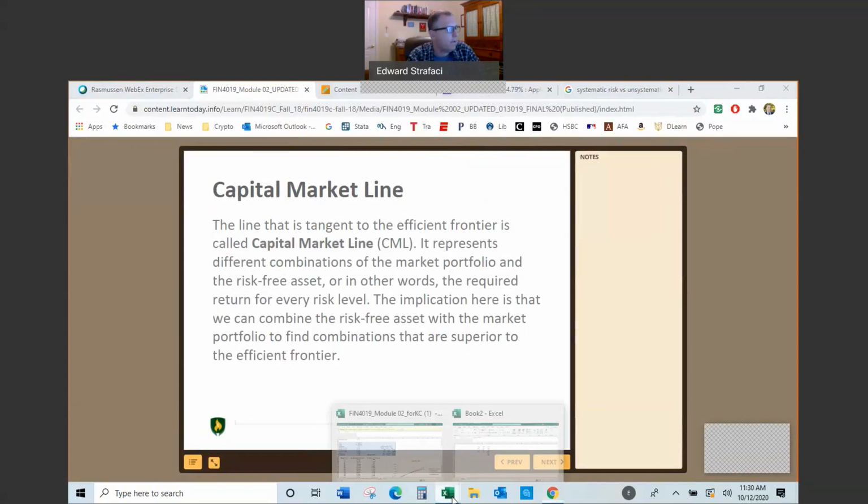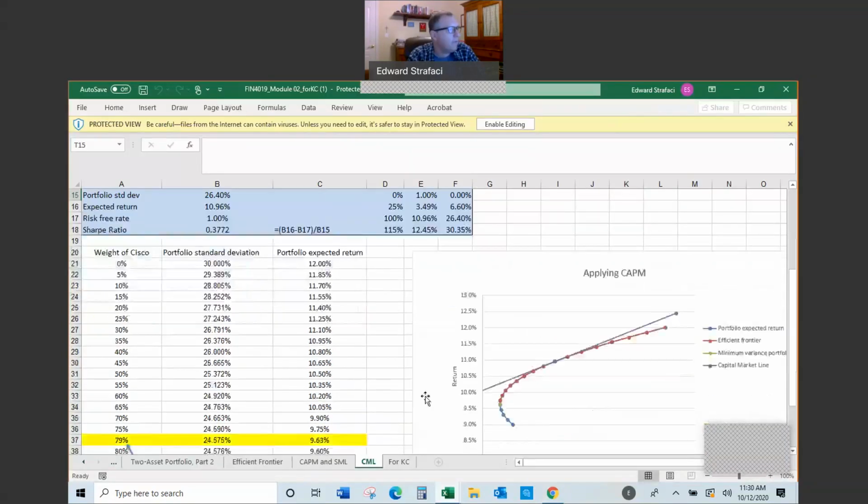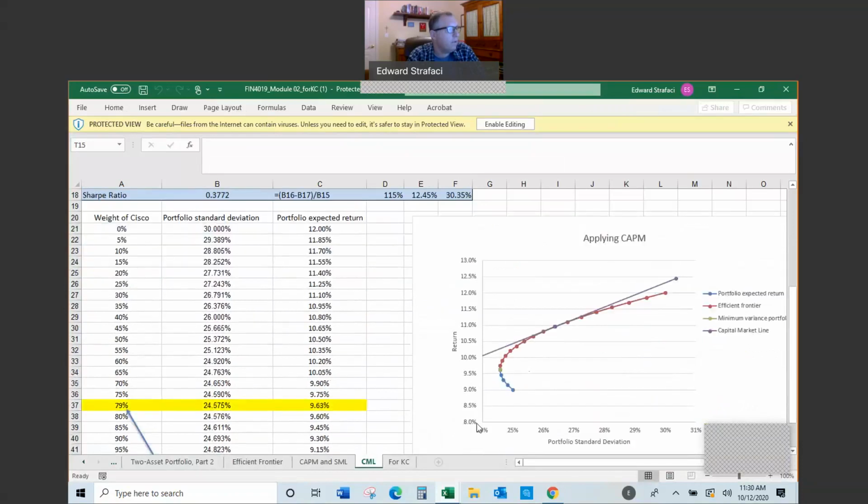So let me go back. Notice that the CML starts with different standard deviations versus different returns. And we plot it against the efficient frontier. The minimum variance portfolio still stays the same, but compared to the entire market, we start to see where it's tangent